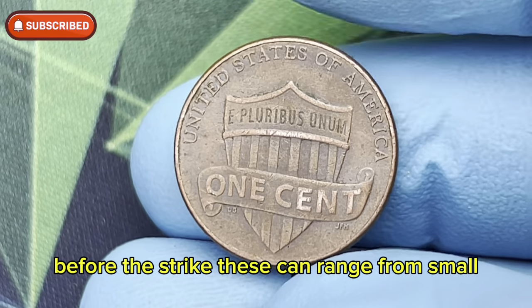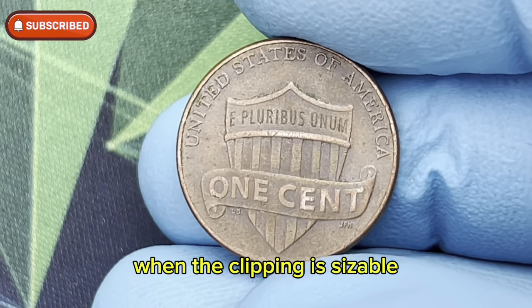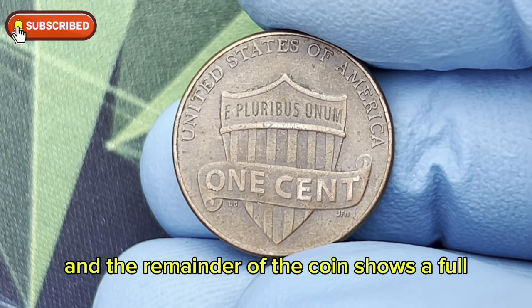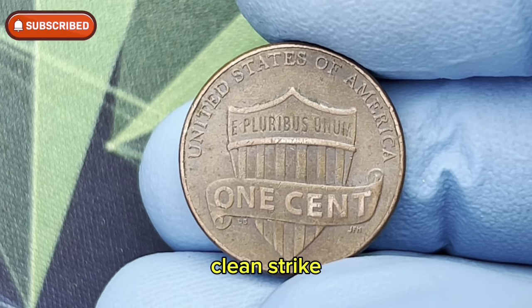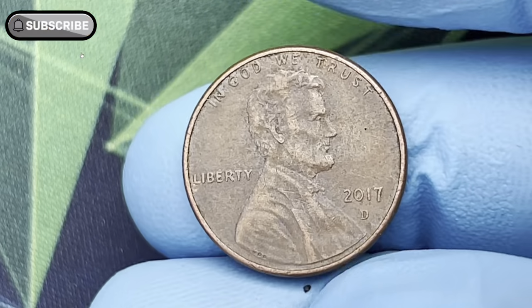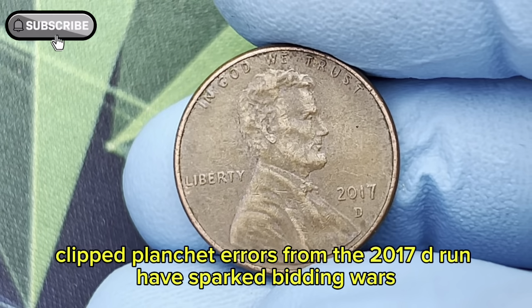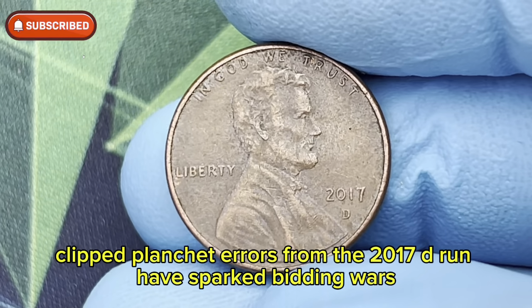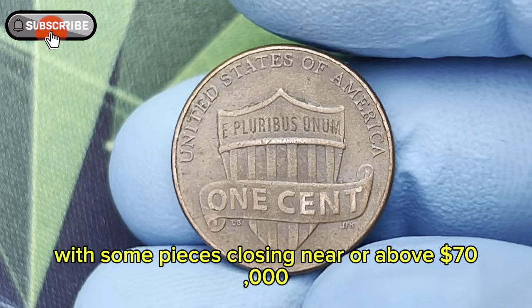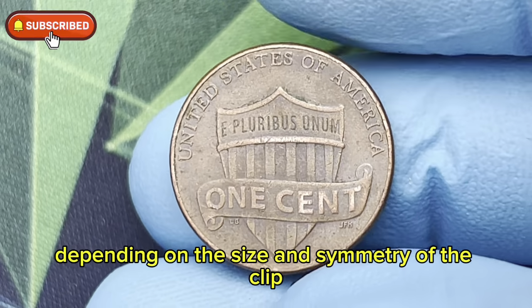These can range from small clipped edges to large sections missing entirely. When the clipping is sizable and the remainder of the coin shows a full, clean strike, collectors often pay premiums that far exceed normal prices. In high-profile auctions, pennies with unusual and visually striking clipped planchet errors from the 2017 D run have sparked bidding wars, with some pieces closing near or above $70,000 depending on the size and symmetry of the clip and the